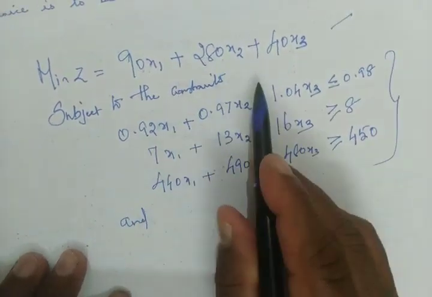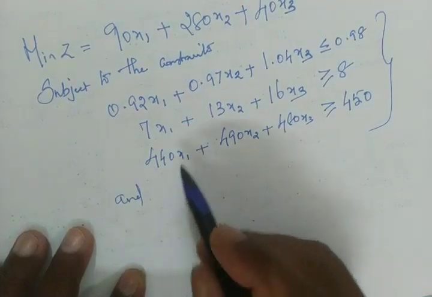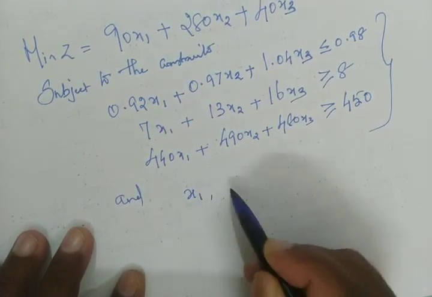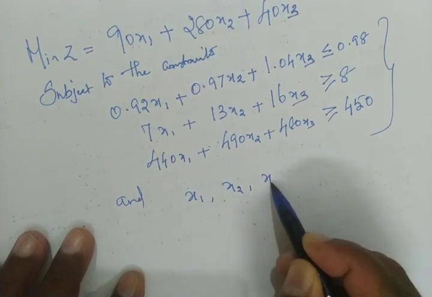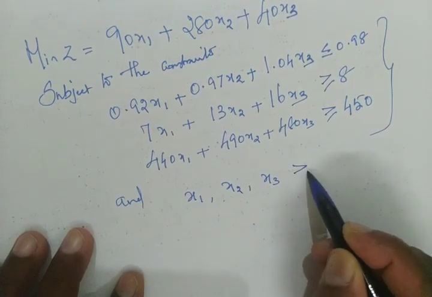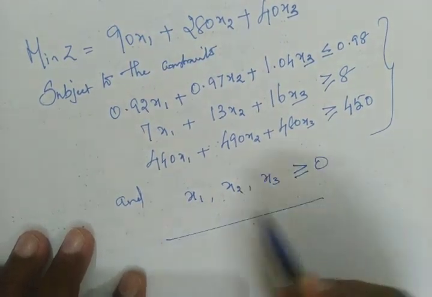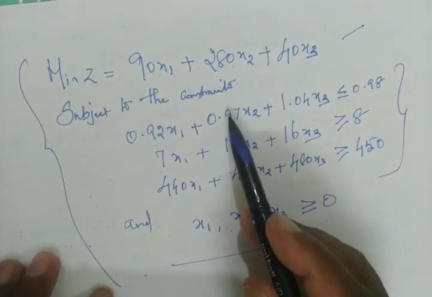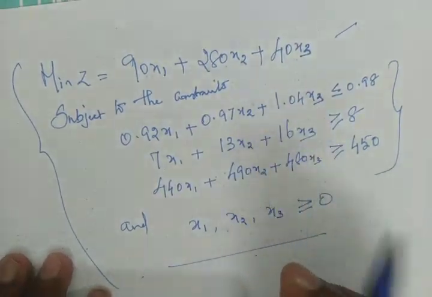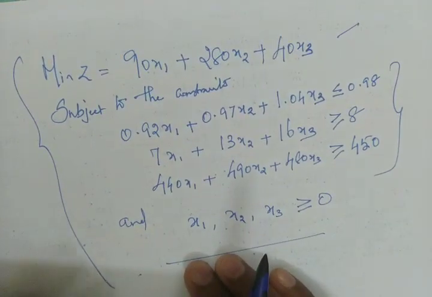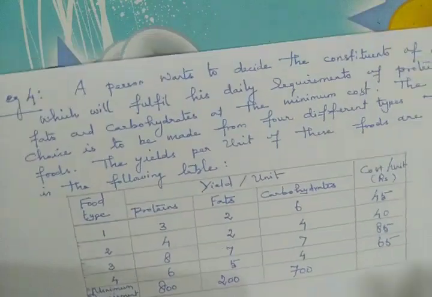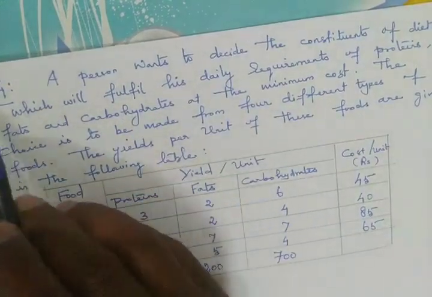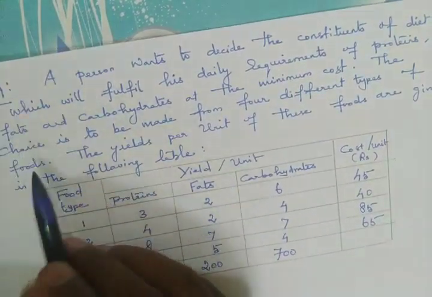The decision variables involved in the problem are non-negative. So the decision variables here x1, x2 and x3 are always greater than or equal to 0. So this format only we can say is the general mathematical form of the linear programming problem of the given one. The last problem in this case, followed by example 3, we discuss example number 4.